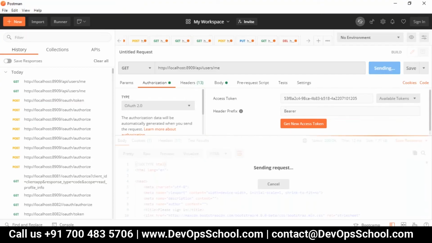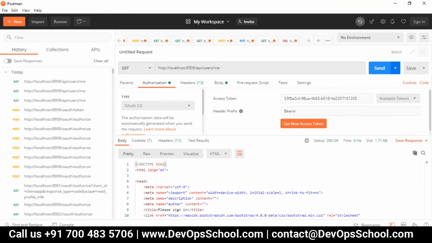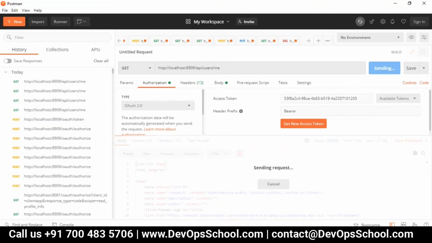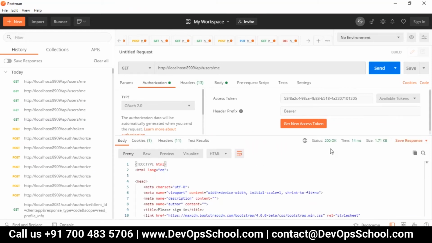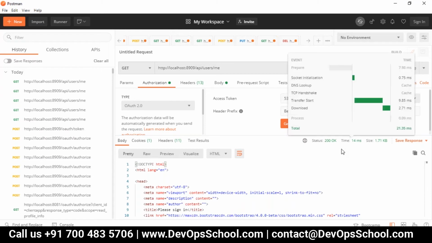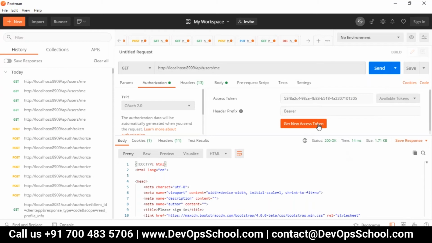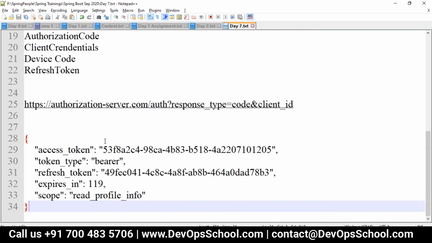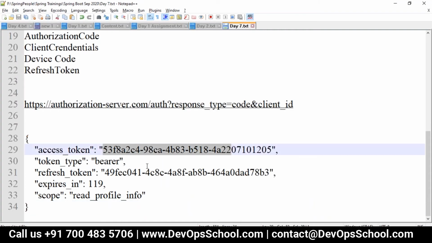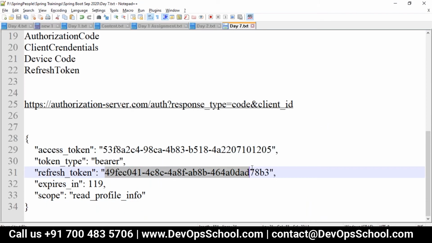And if I send one more request with the same access token, maybe after 2 minutes, it will not be valid. So we have to get a new access token, because the validity of this access token is only 2 minutes. If you want to refresh it, instead of generating an access token again, we can take the refresh token.